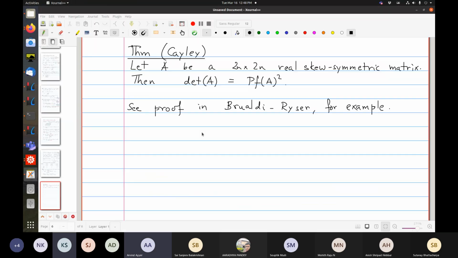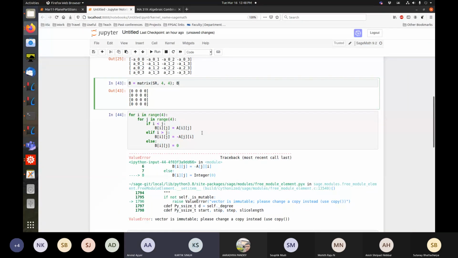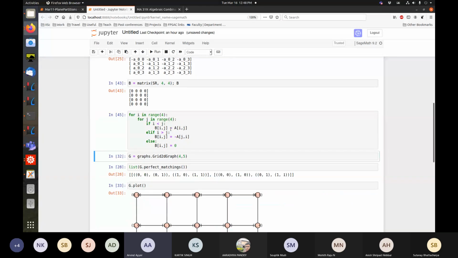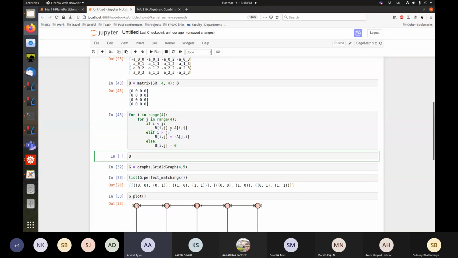Sir, you would like to use the square bracket i comma j notation. Like, the square notation gives out this error. Oh, should I use i comma j? Yeah. Like this? Yeah. Okay. Thanks. So I've not fully understood that. Sometimes i comma j works. Sometimes. Okay, great. Thanks. So let's see B.